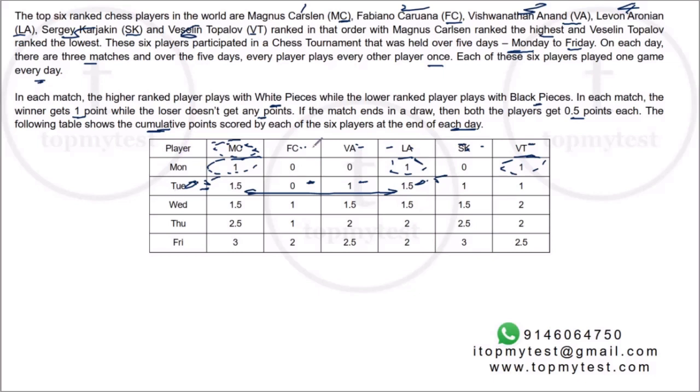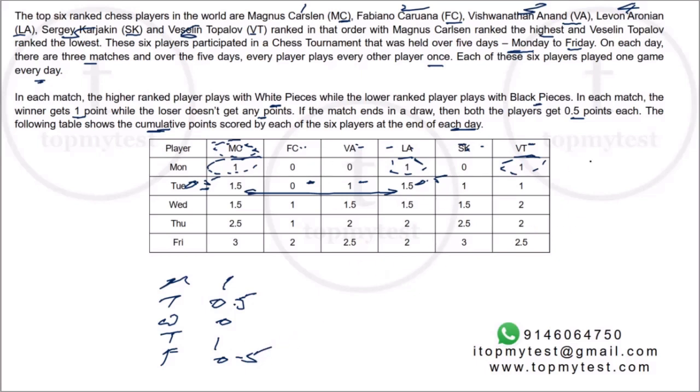So we'll quickly create a table which will basically have Monday, Tuesday, Wednesday, Thursday, Friday. So we'll have the points earned on that day. So Carlsen earned 1.5 on the next day. Third day he earned a 0. Fourth day he got 1 extra point, and fifth day he got 0.5 points extra. So that we know that on Monday he won, Tuesday he had a draw, Wednesday he lost, Thursday he had 1 point, which means he won, and Friday he had a draw.